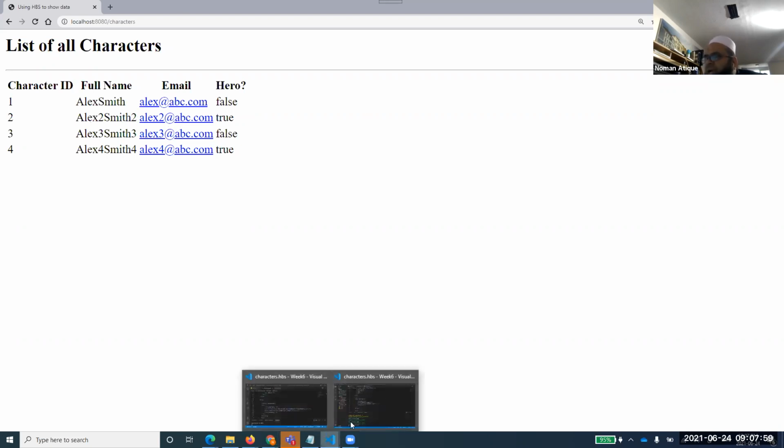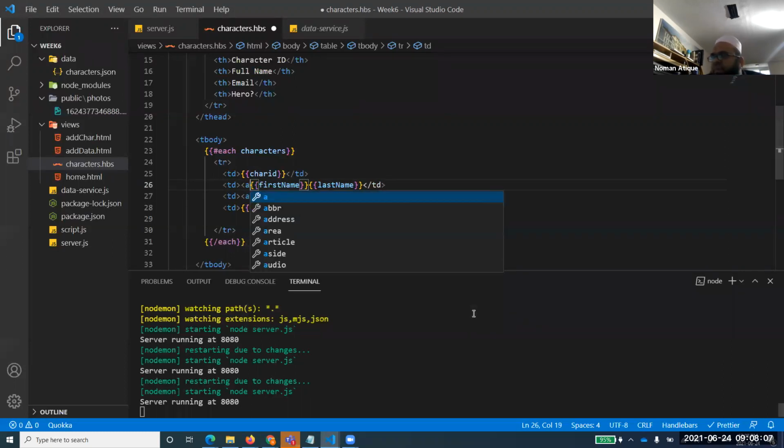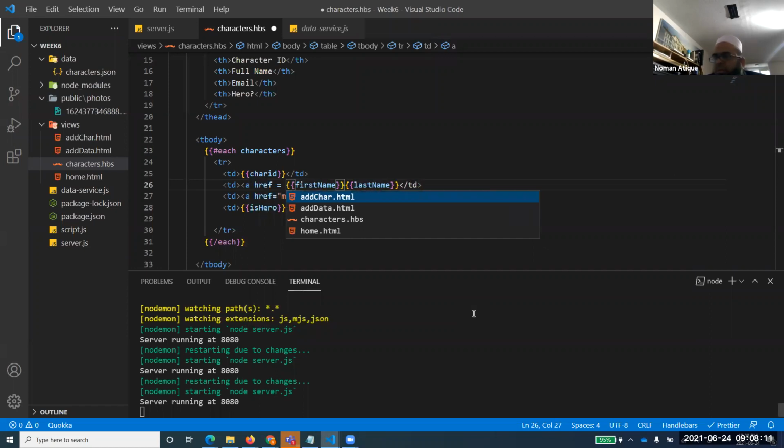So what I'll do is come over here, same as with email, and create an HTML a href equal to a path, whatever path. Let's suppose I have not created it yet.